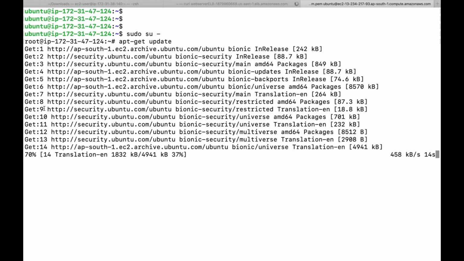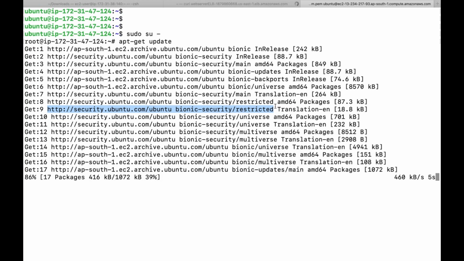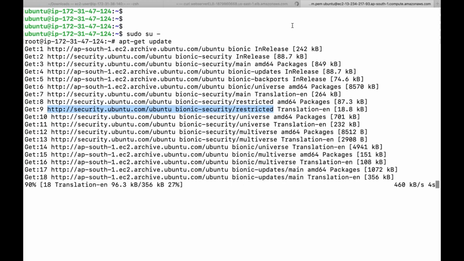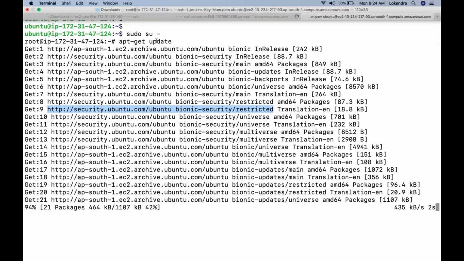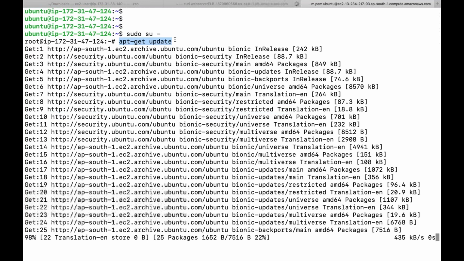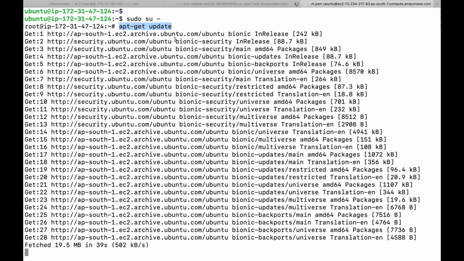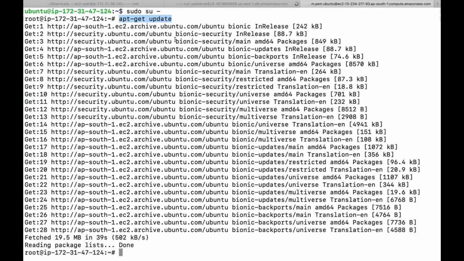So whatever URLs are there, there is a particular configuration file. I will show you where these URLs appear from and what happens here. But before that, we should know what this command, apt-get update, does. Most of the time, every Ubuntu user loves to run this command whenever they install any package. But if we do not know what it does, that's not a good thing, right?